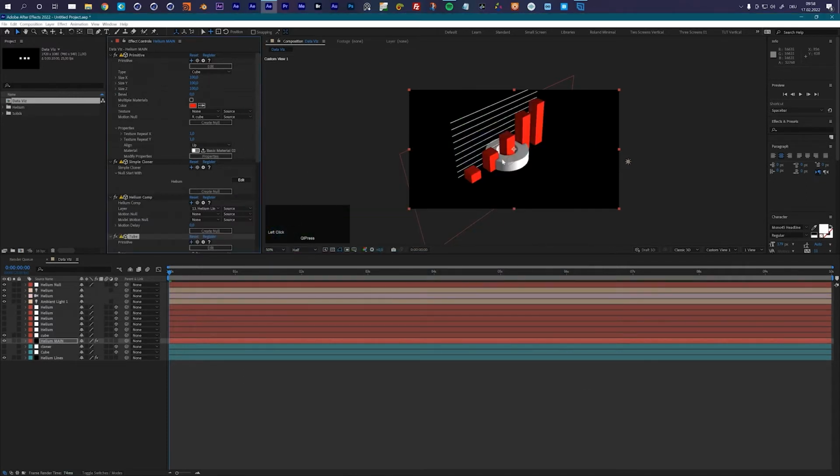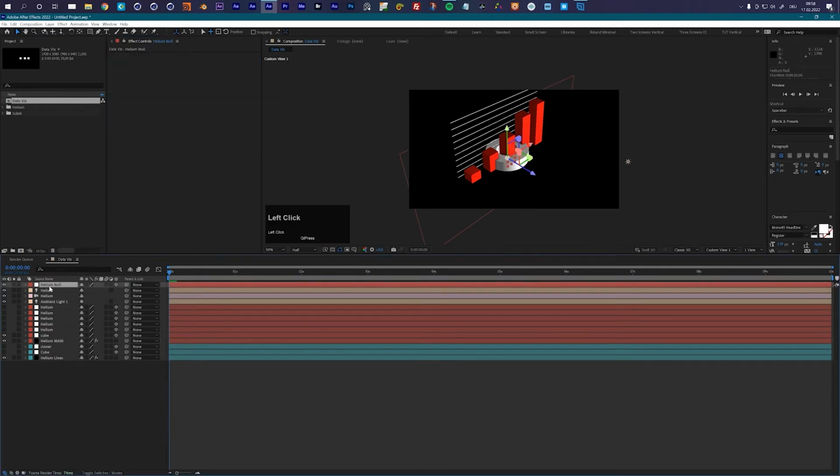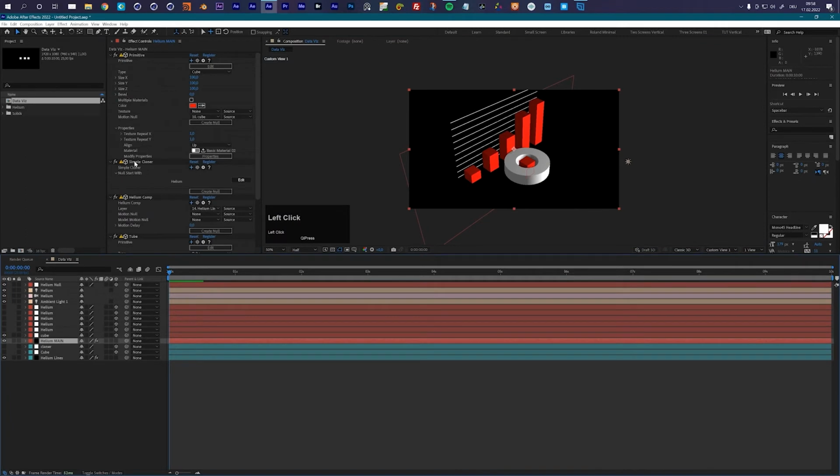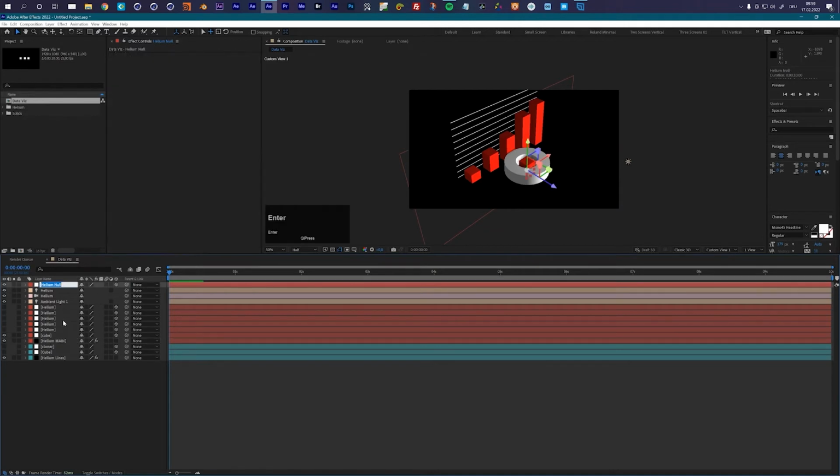And now there are two things happening. First of all, you see that my tube is created in the middle here, and that's not a problem. But you also see that Helium created a null. And if I move my tube now, this is of course the null that is controlling the tube, you see that there is now a cube sitting inside. So why is that? This is because of the name of our Helium null. If you remember, I told you that this simple cloner is looking for Helium nulls. So if I change the name here to